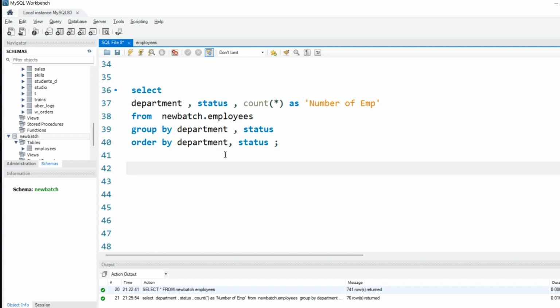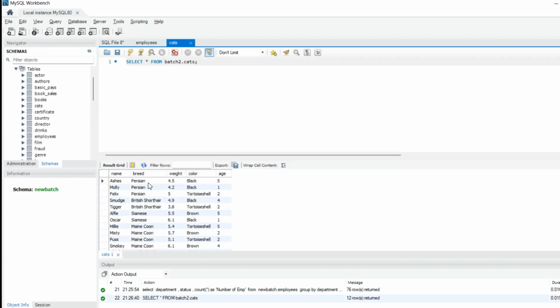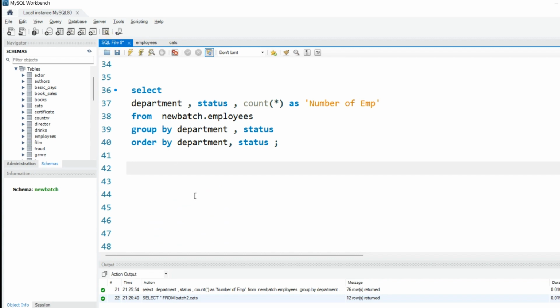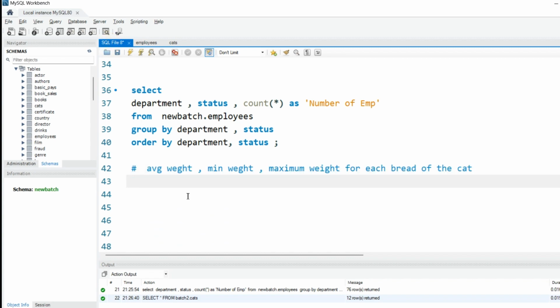Okay, so we have one more database here by the name of cats. Can you see here, there is a cat name, breed name, height, sorry, their weight, their color, and their age. Okay, so for example, you want to get the average weight, minimum weight, maximum weight for each breed of the cat. So for that, you have to write the query like select